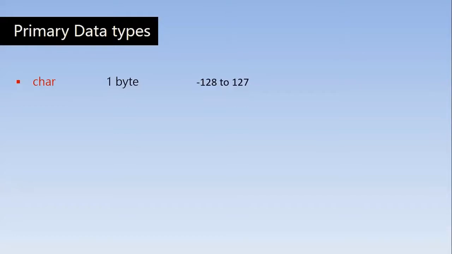So when you declare a variable with the data type char, it has 1 byte of memory for the character, and it can store any character corresponding to the ASCII code -128 to +127. So whatever comes between -128 to 127, that character can be stored inside a variable of type char.